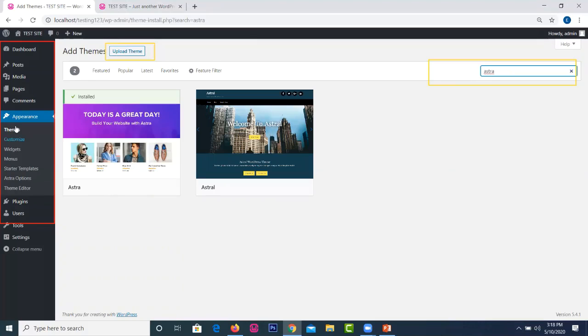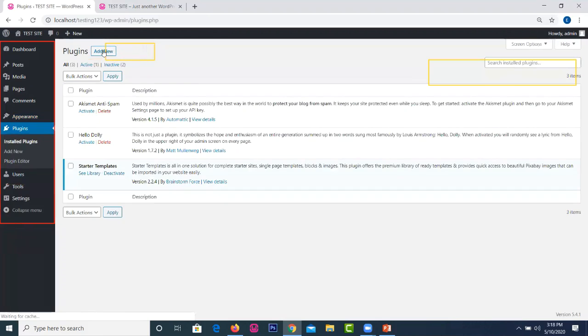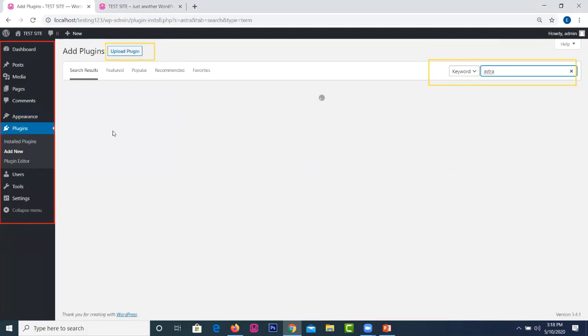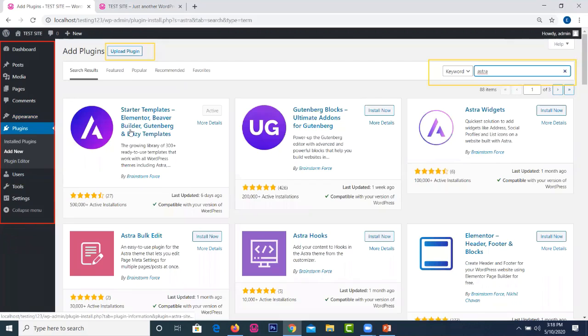So once it is activated, then you come to plugins and then you go add new plugin. You search for Astra again. And when you get Astra, you install it, and after the installation, you activate. So when you activate,